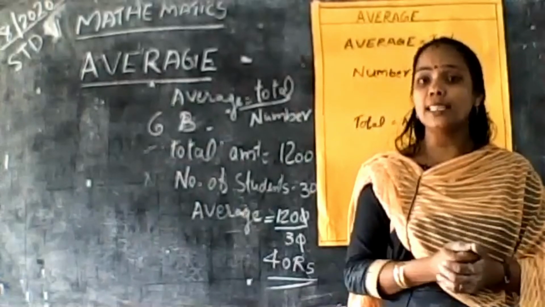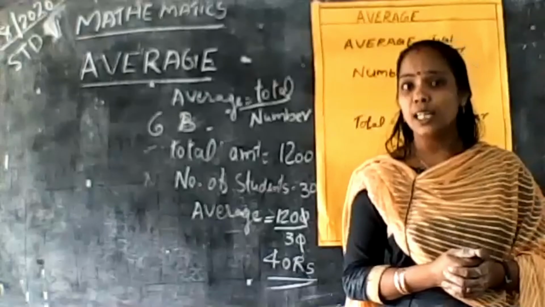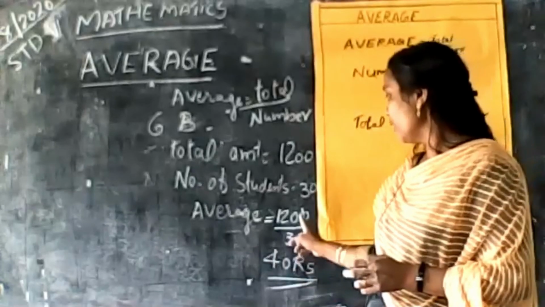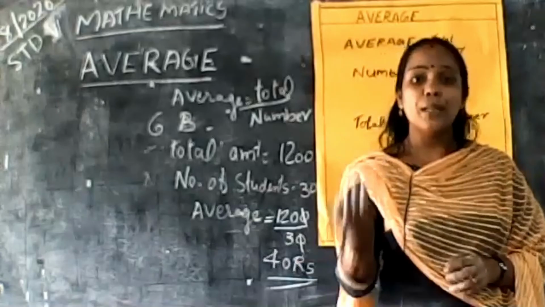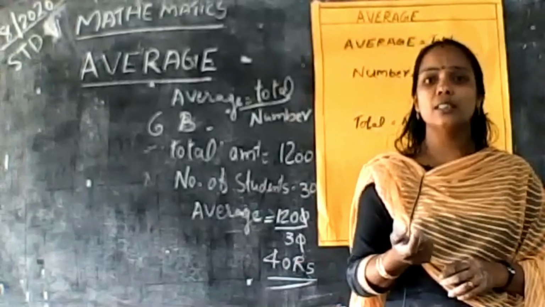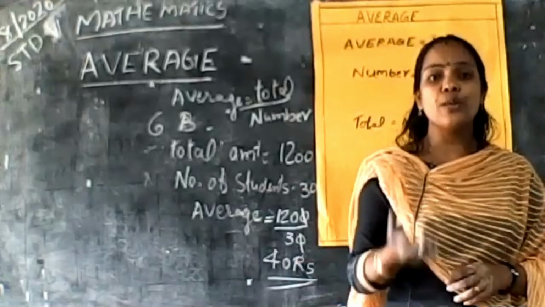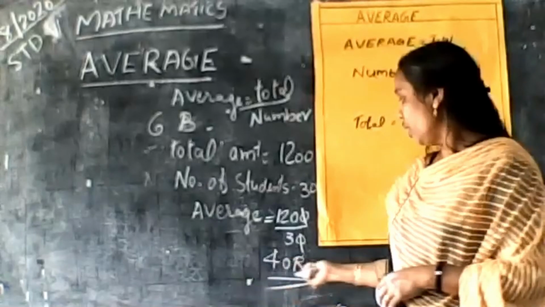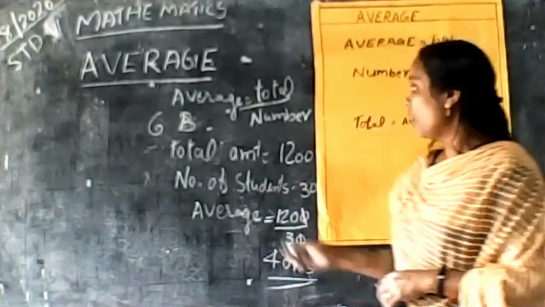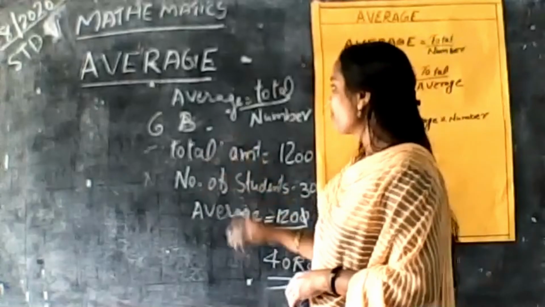how many amount collected? 1,200 rupees. How many students are there? 30 students. What is the amount you got? How many amount does each student give? 40 rupees. In the case of another method, I will do 6A,